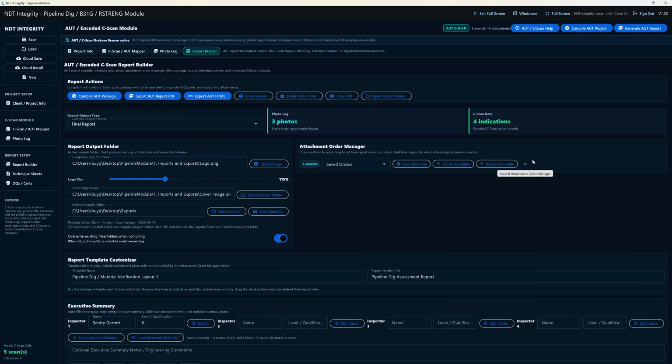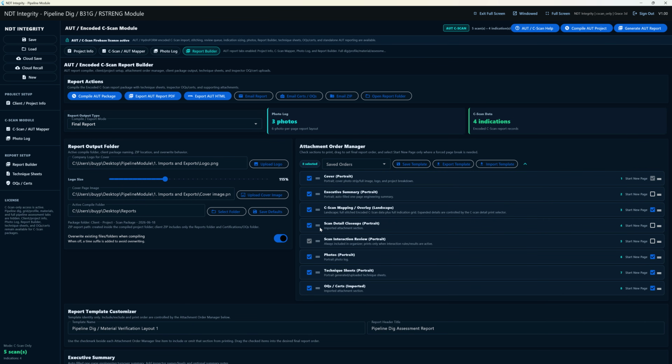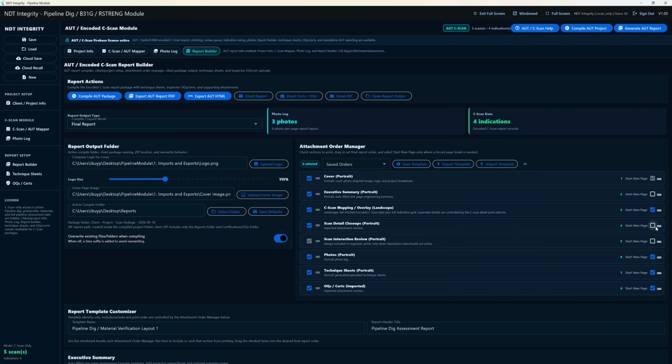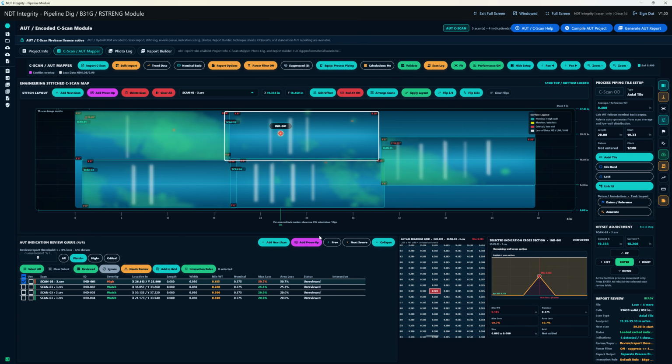You can also customize the order of your report. If you wanted something moved or started on a new page, you would just click that. If you wanted to remove it, you just remove it from there. But we're going to go back to the information here. So we actually have